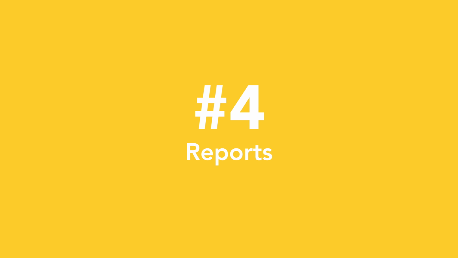Number 4, and it is reports. So I think it's really important that with a tool like ActiveCampaign you can really track how your automations are performing, and especially that you can track where people are starting to drop off in your funnel. And as far as I understand, with reports inside ActiveCampaign, it's not really possible, at least not so easy. It's really more for seeing, okay, how is this email performing?